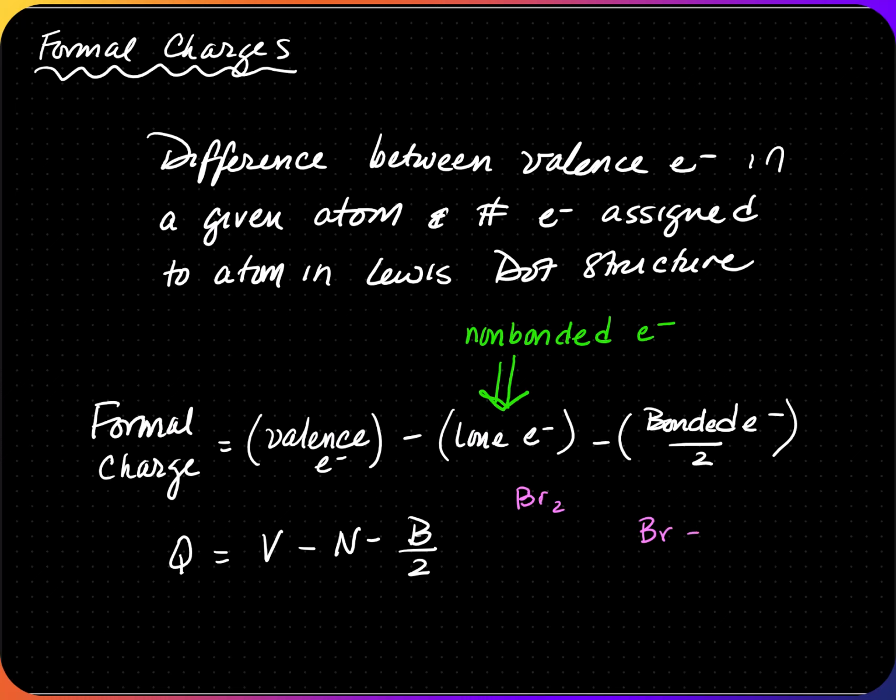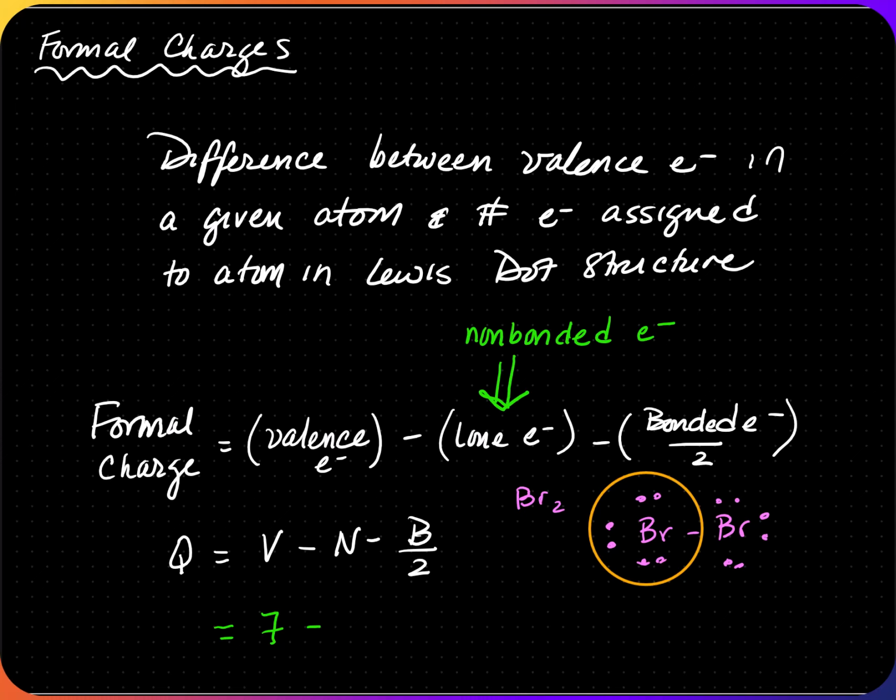When we drew the Lewis-Dot structure for bromine, bromine looked something like this. A single bond, and each of the bromines had 6 lone electrons. So how do I use this formula? If I look at bromine off the periodic table, bromine itself has 7 valence electrons. Now we're going to look for the lone electrons or non-bonded pairs. So if I look at the bromine on the left, it has 6 lone electrons or 3 pairs of electrons